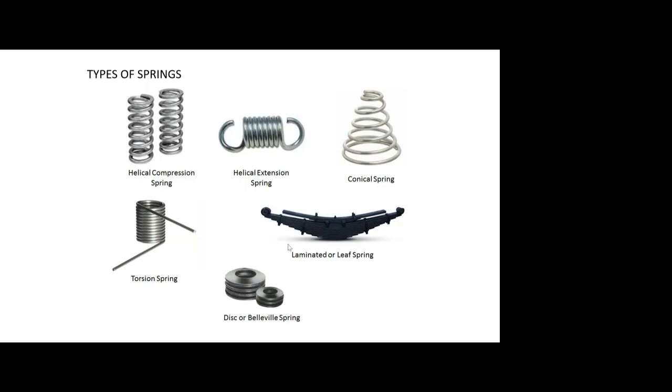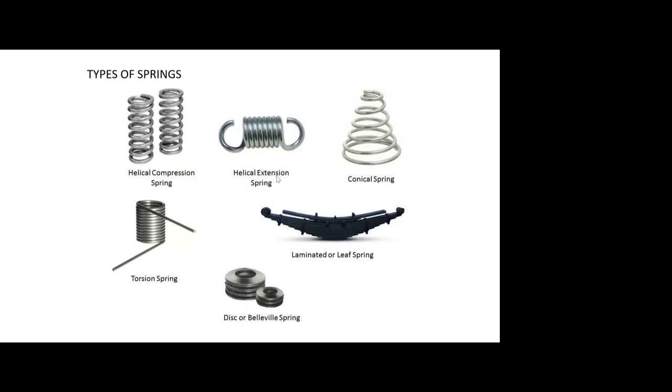The first figure shows a helical compression spring, which is wound to take compressive force. The distance between the coils is large compared to the second figure, which is also a helical spring, used to take up tension. It is called a helical extension spring. The springs are named after their shape. If they are wound in a coil form, it is called a helical spring. If the coils are wound in a conical form, it is called a conical spring. Then helical springs can also be torsion springs, which are used to take up torsion mainly.